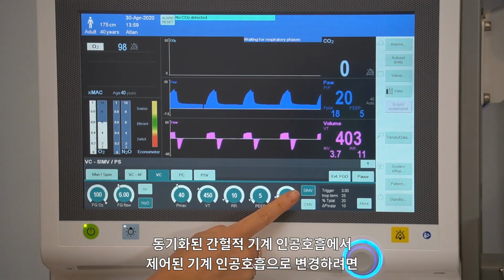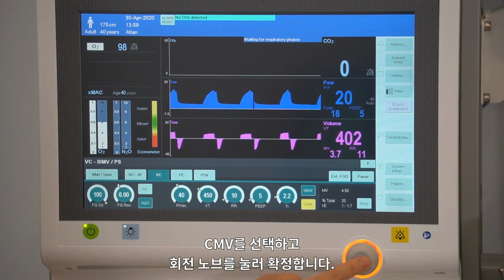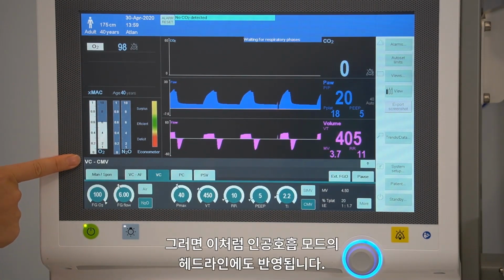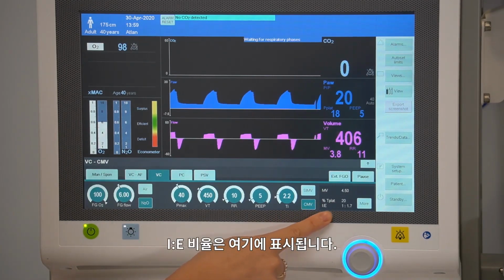To change from synchronized intermittent mechanical ventilation to controlled mechanical ventilation, select CMV and confirm. This will also be reflected in the headline of your ventilation mode. Your IE ratio is displayed here,